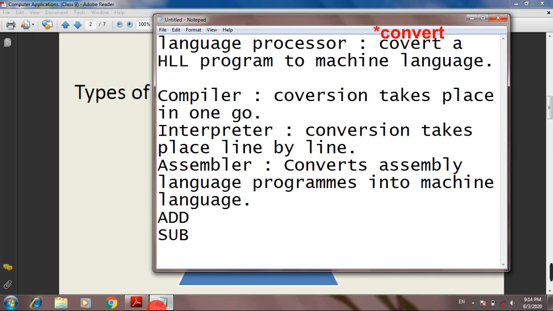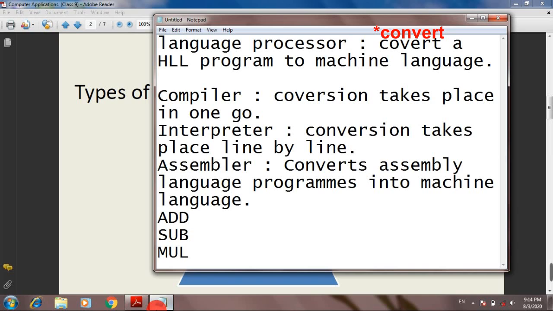If you have to multiply, then you will need the MUL command. So such type of predefined commands are there in assembly languages, and with the help of these commands, instructions are given to the computer, and here the assembler converts those instructions again into machine language.